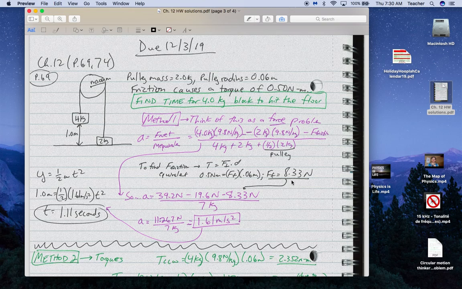Then that's an equivalent force of 8.33 newtons, and that would oppose whatever direction the pulley is turning. So plugging that into this general formula here, we got 39.2 minus 19.6 minus 8.33. The equivalent mass is 7 kilograms because 4 plus 2,